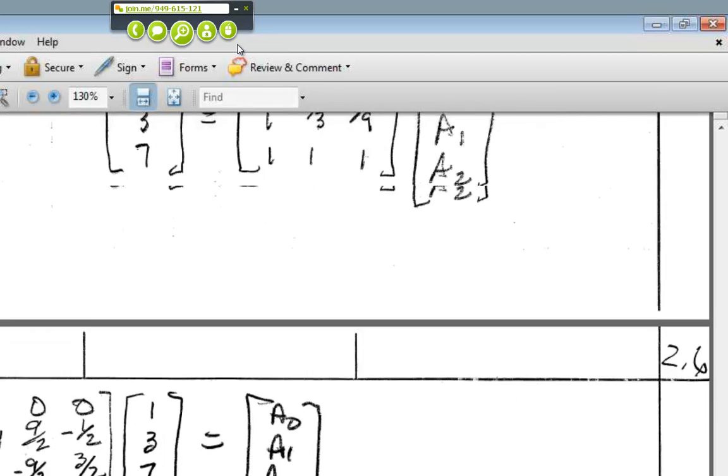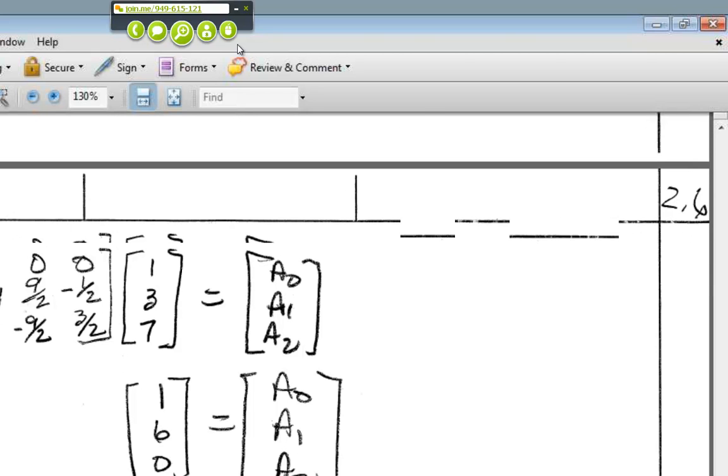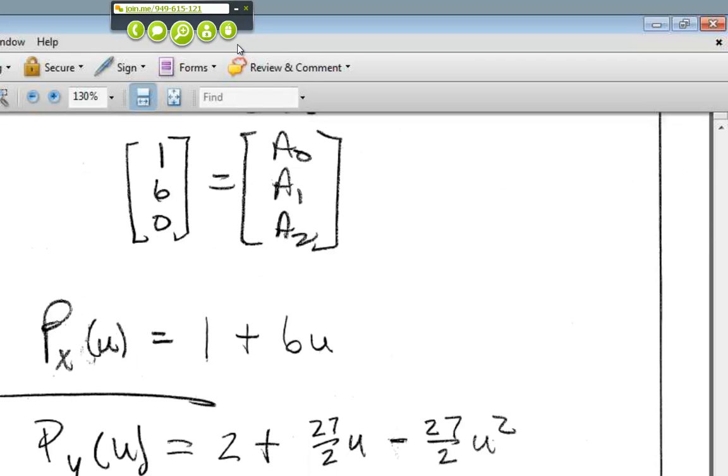We take the inverse of it, we slam it in there, and we get a mapping function, so the X mapping function is 1 plus 6u. And if we do the same thing for Y and Z, we get those values. Okay. Question? When you do Y and Z, I'm assuming you have to use the same U's. You can't choose a new U, like choose a half for the middle one instead of a third. If you were actually doing the inspection